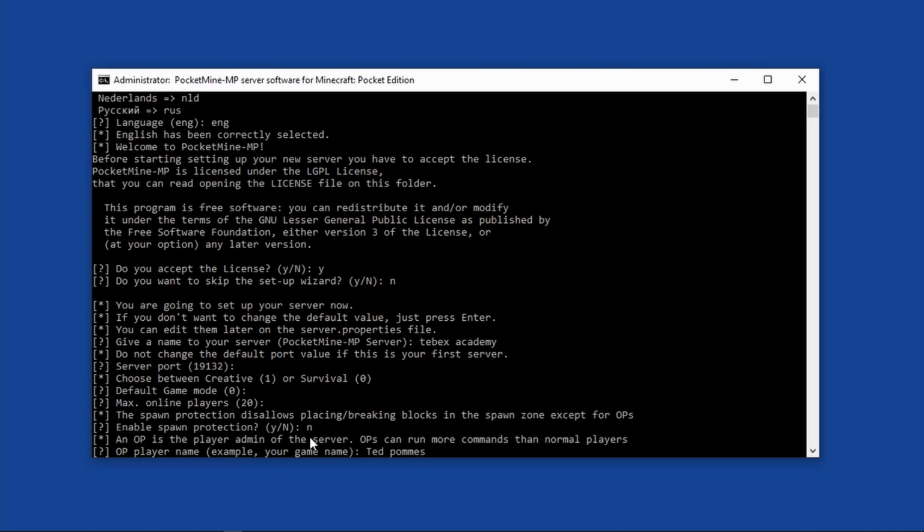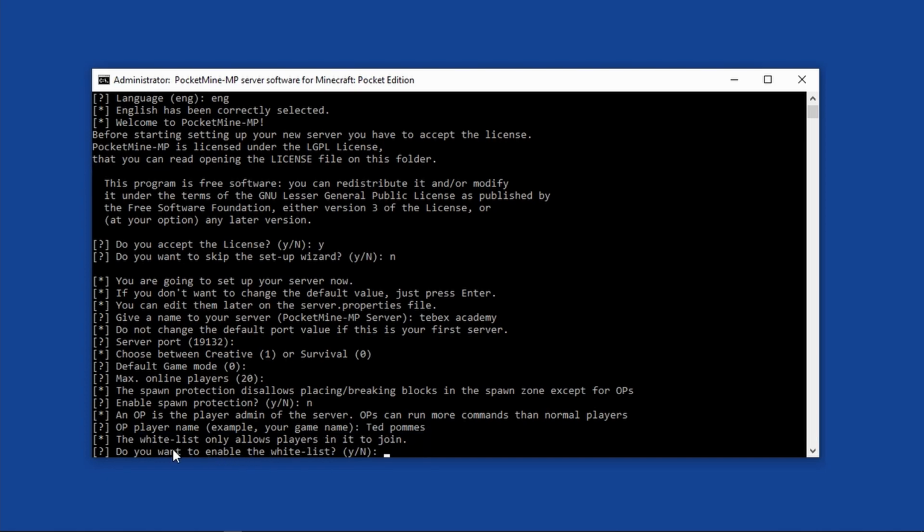It says an operator or OP is a player admin on the server. I'm going to say Ted Thomas. That's my username. Click enter. Do you want to enable the whitelist? A whitelist will allow only certain people to join the server. Since you're trying to set up Tebex, I'm guessing you're trying to set up a public server. So we don't want to use, or at least I don't want to use a whitelist, so I'm going to